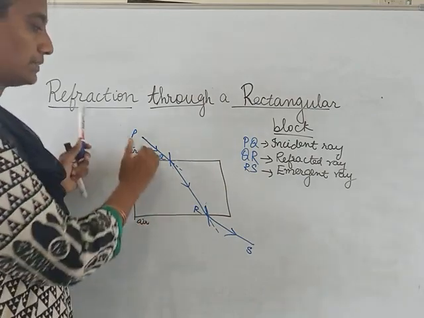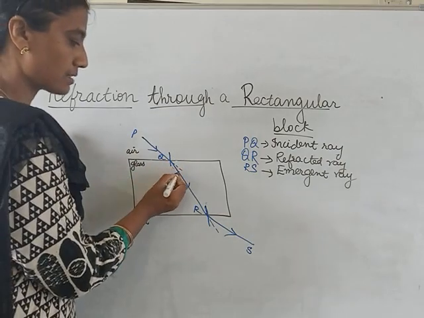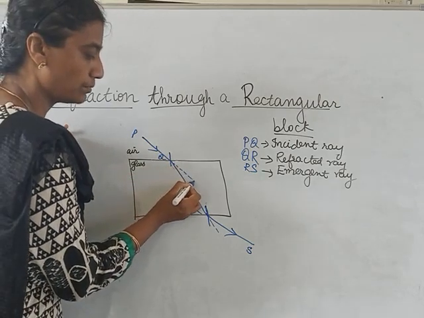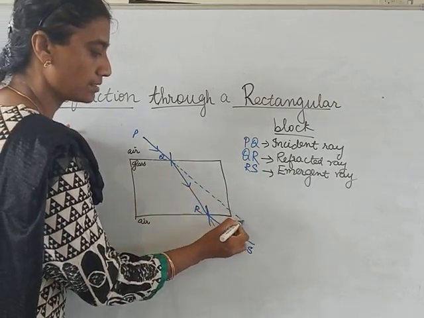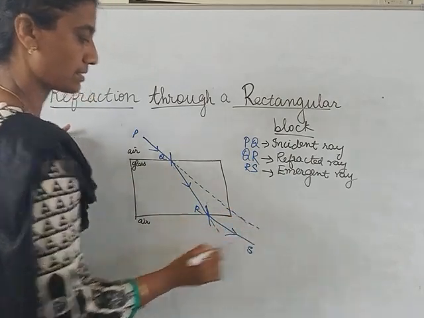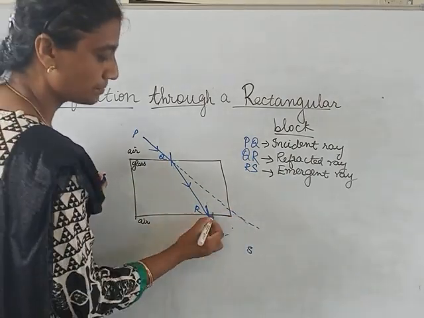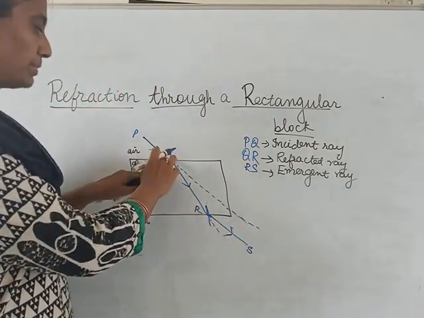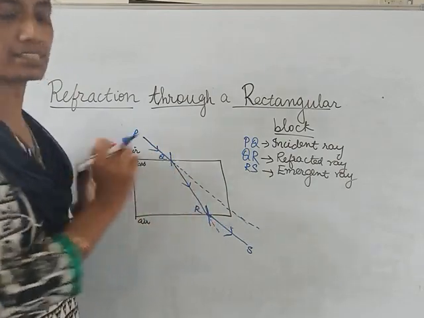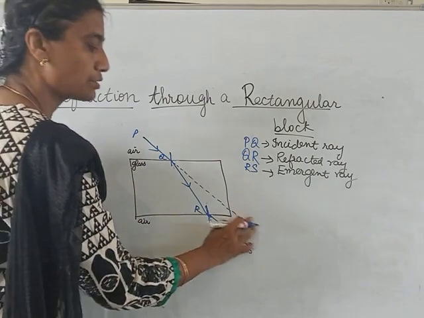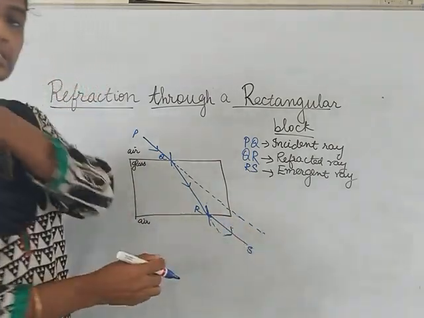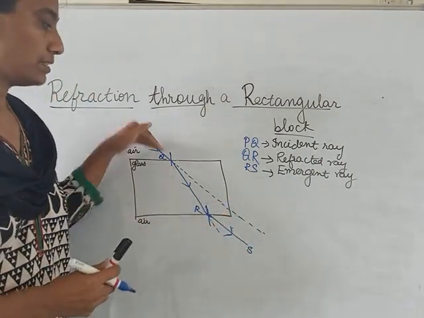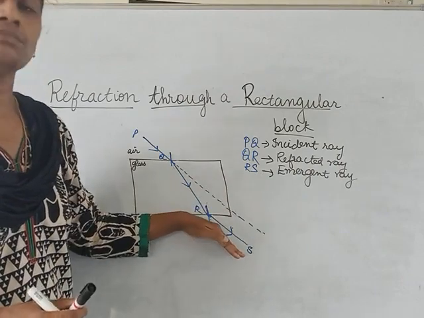Now, what happens here? The ray that should have gone like this if this glass block was not there, it would have just gone straight like this. But because of the presence of this glass block, bending happened here and here, because of which the ray is now going like this. If you observe carefully, these two lines will be parallel. The original path will be parallel to the emergent ray,